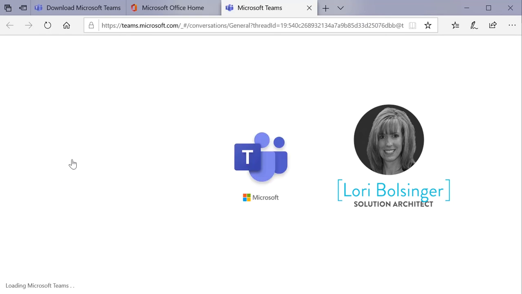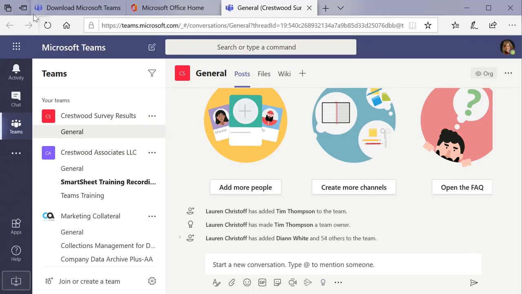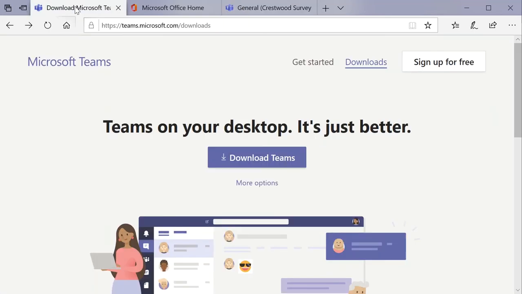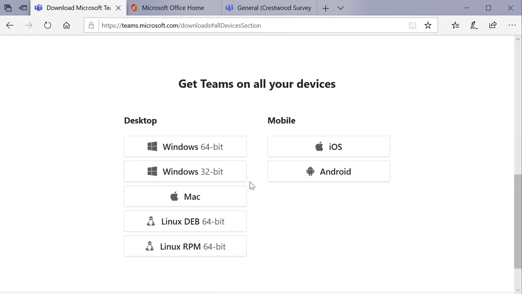Second, using the Teams desktop application. From Microsoft's website, you can download and install Microsoft Teams. With your Office 365 license, Teams is already included, and right now, Microsoft is offering this for free to businesses and individuals. It's available for these listed desktop configurations,